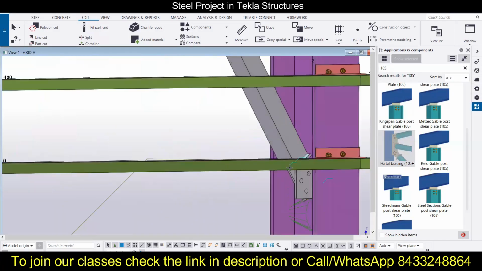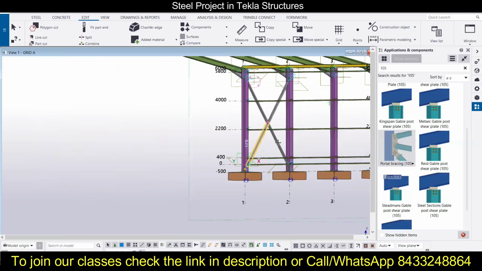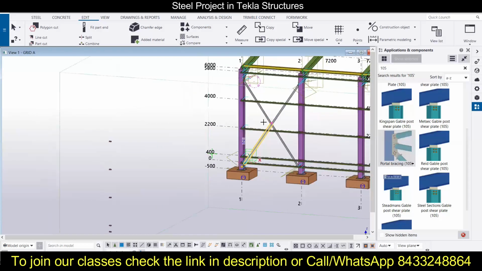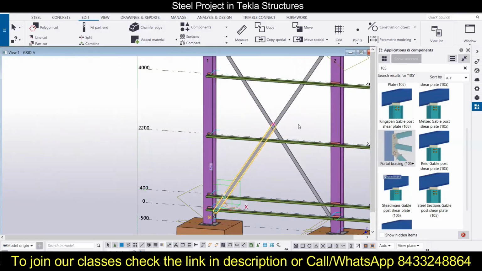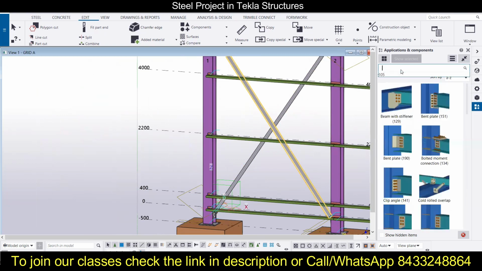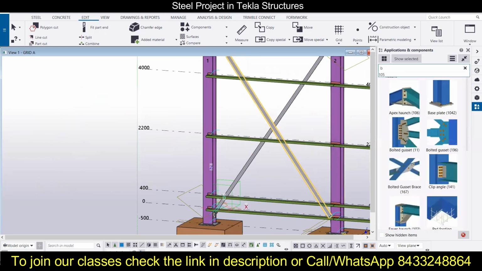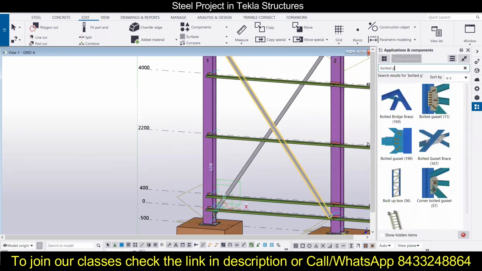Now the next thing that we have to do is to make the connections between these three bracings. Why am I saying three? Because we have split it into three different portions. So for that, we will go with a different type of connection, that is the bolted gusset.